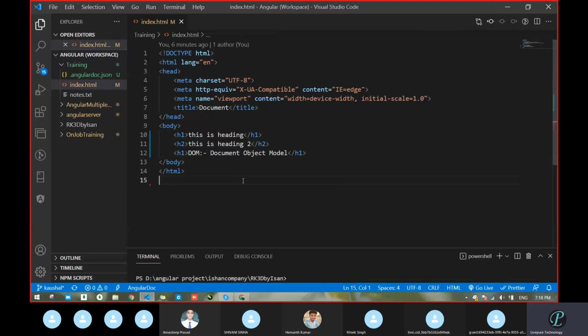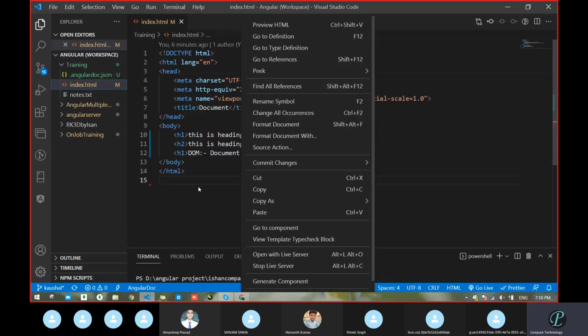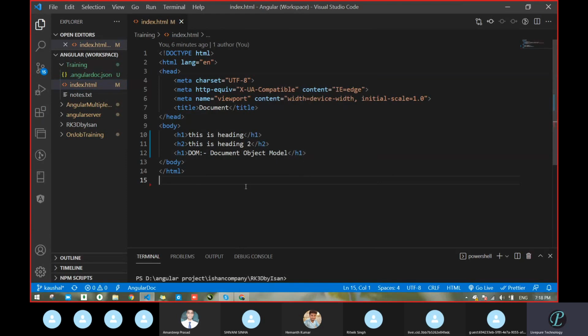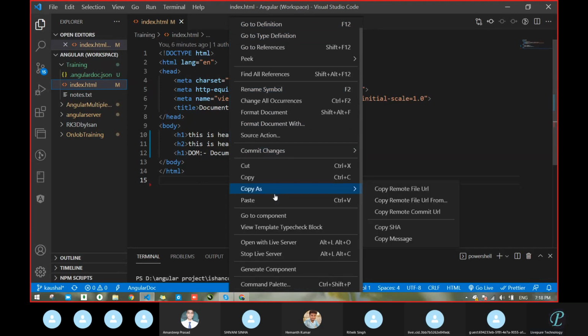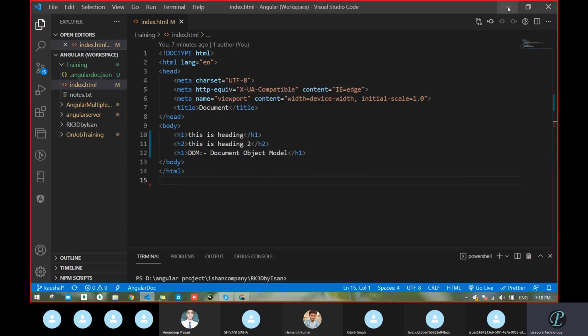So how to load that? Just right click, means whatever page we want to load on the Live Server. Just right click and go to check there. Check in yours also. Do one thing, anyone just share your screen. Let me verify. Meanwhile, the remaining people just start VS Code again so that it will be available after installing.